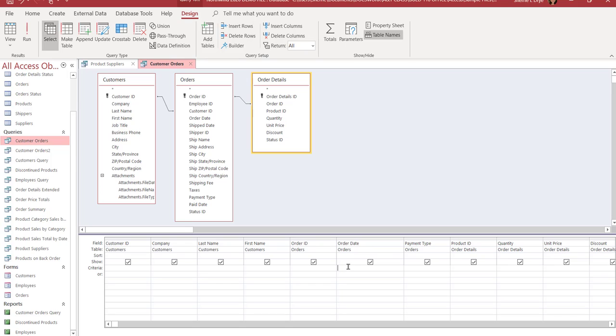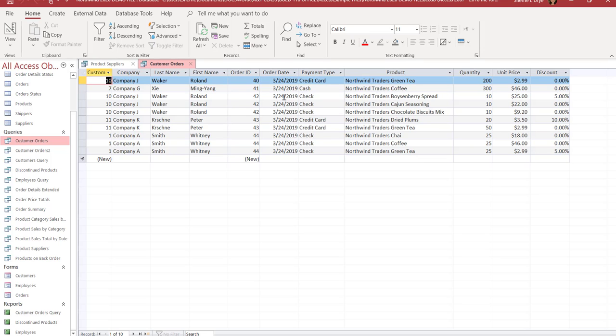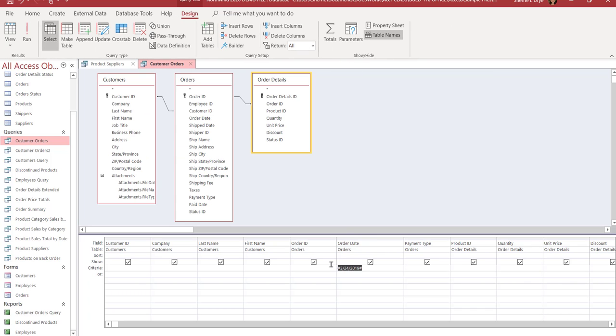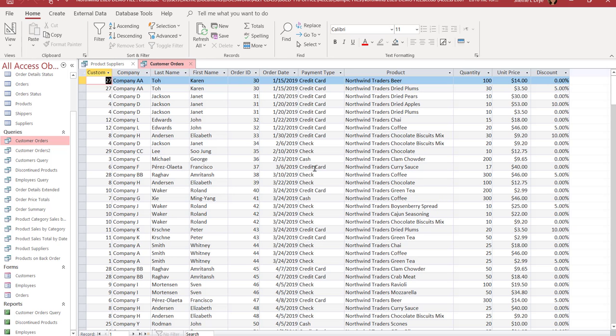So, for example, for this one in the order date, if I included that I wanted only orders that were placed on March the 24th, when I run it, it's pulling only those that were on March 24th. But that doesn't leave much room for the user if I've hard-coded that value in there. So maybe the user wants to enter a different date. So what we want to do is add a parameter for that so that we can allow the user to enter different dates. Okay, so what you would do is go back into your datasheet view,